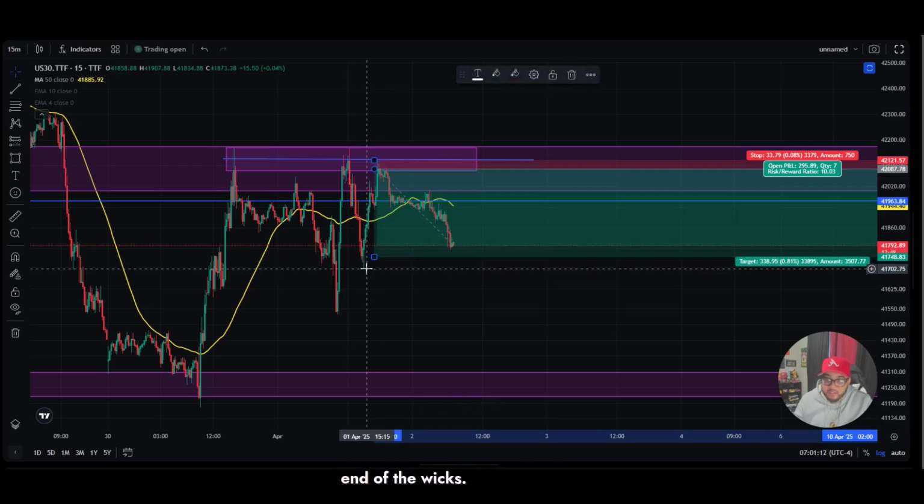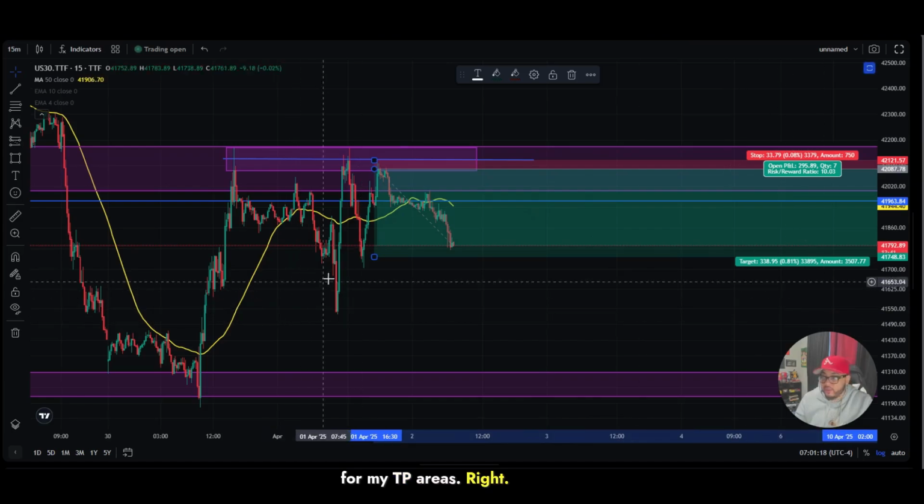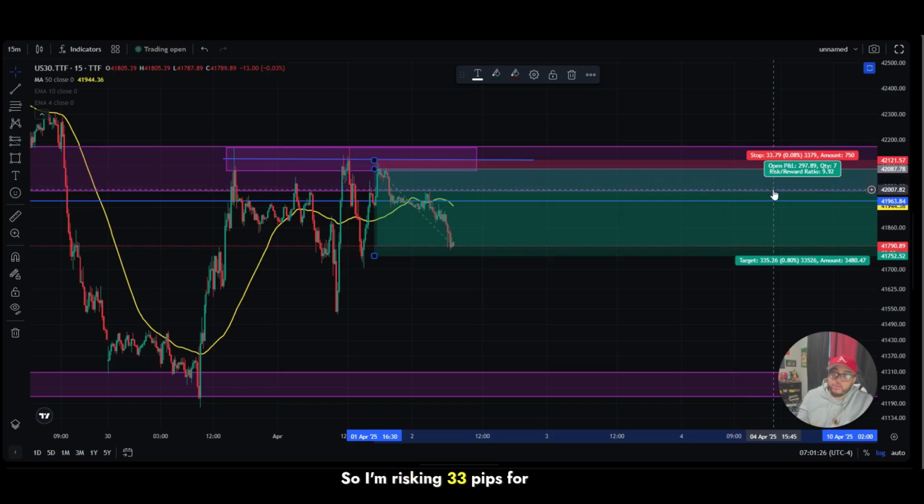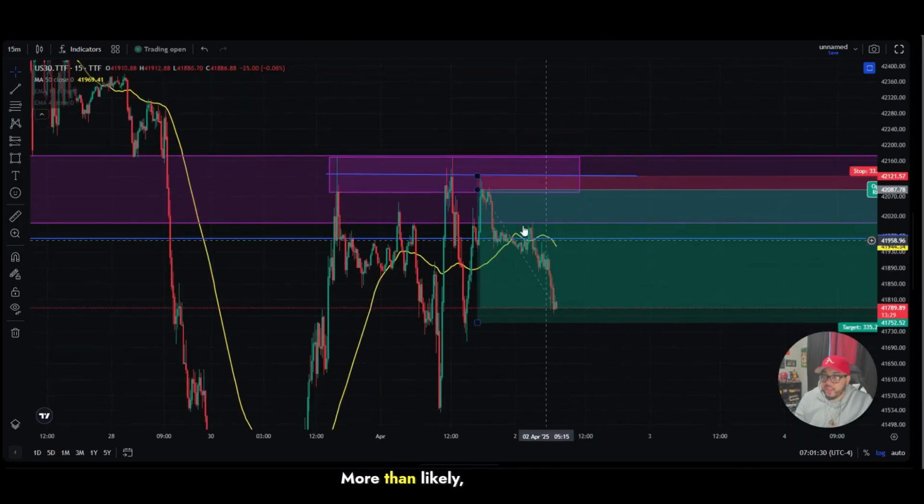I try not to get the end of the wicks. I try to get as many candles to touch a support or resistance for my TP areas, right? So I got a lot of candles touching right here. I'll maybe grab the bottom of this wick right here, and that'll be my TP. So I'm risking 33 pips for a chance at 335, right? More than likely,